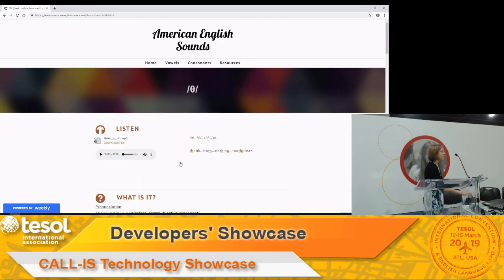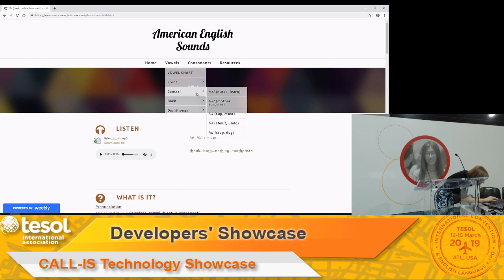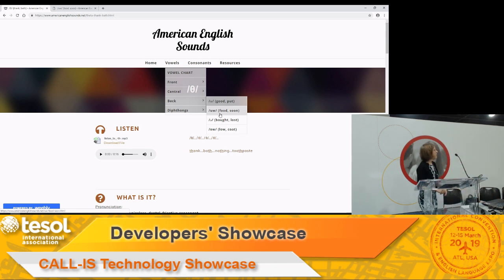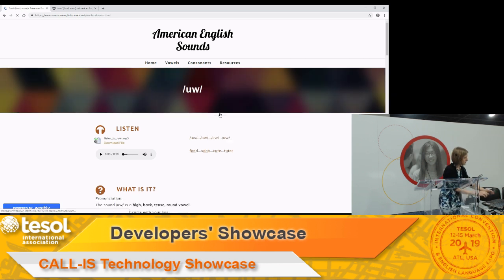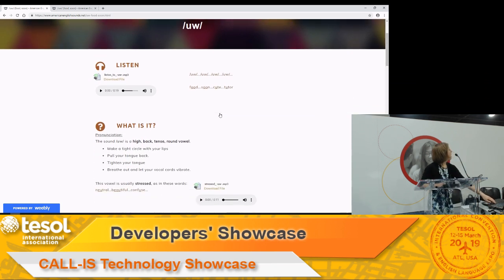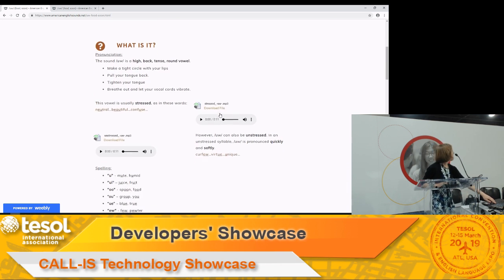So that's an example of a consonant page. The page for a vowel is pretty similar, but in addition, I included the stressed and unstressed vowel.